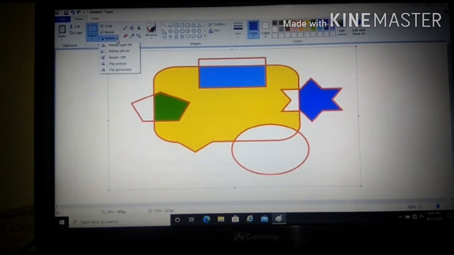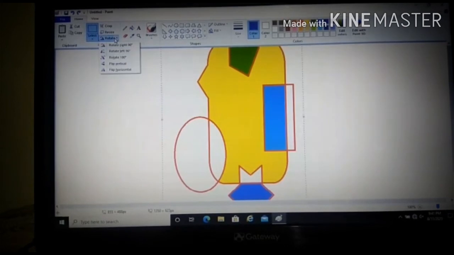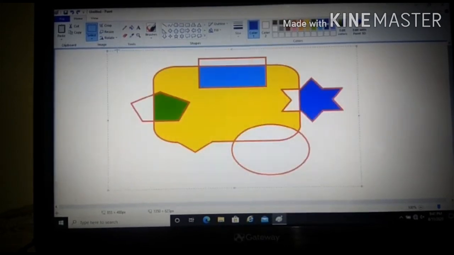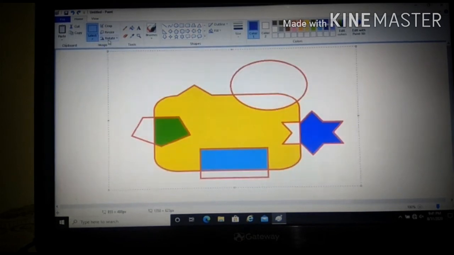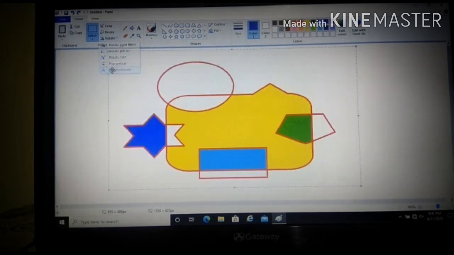Here in the image itself, you have a rotate option. Rotate right 90 degrees, rotate left 90 degrees, then flip vertically, flip horizontally. Are you getting it? So with the help of flipping the picture, with the help of the rotate tool, you can rotate your image as per your requirement.